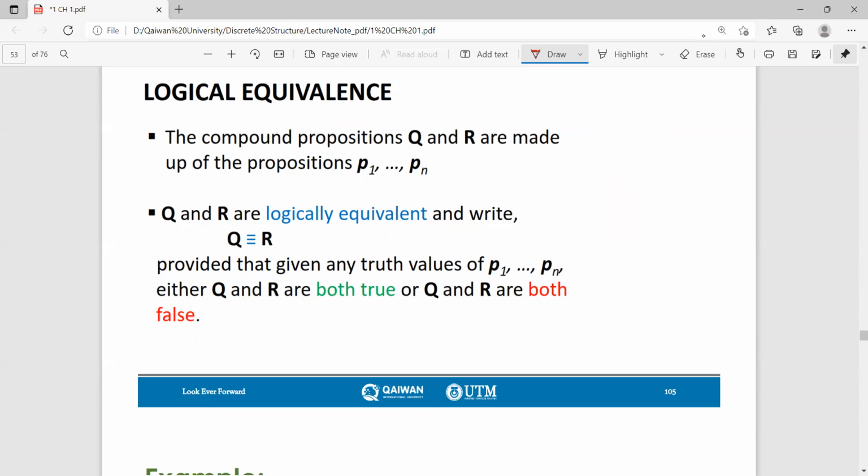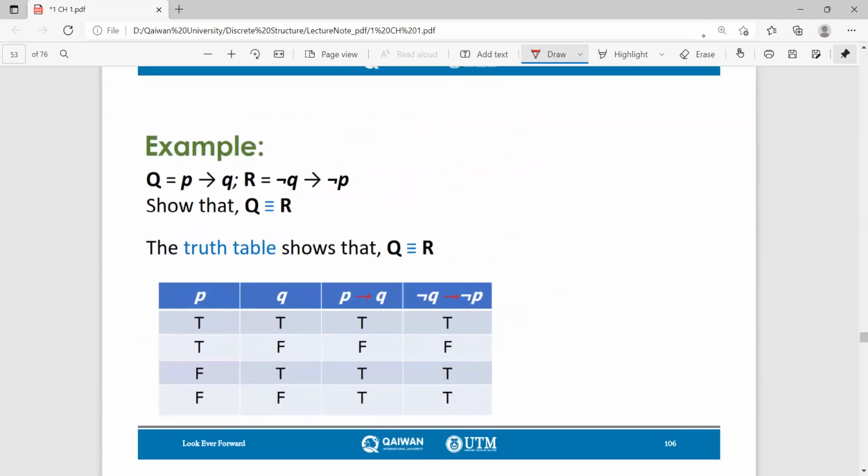We say if capital Q and capital R are made up of the propositions P1, P2 up to Pn, if each one has n statements or propositions, we say Q and R are logically equivalent. These two are logically equivalent if they get the same results on the truth table. In the truth table, we must get the same result for both. As you see here,